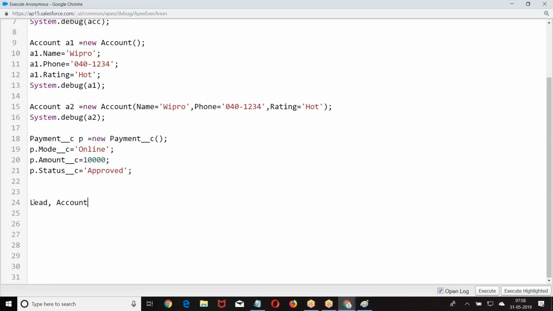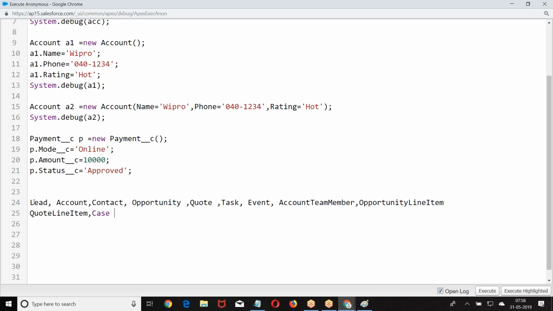Lead, account, contact, opportunity, quote, task, event, account team member, opportunity line item, quote line item, case, solution.